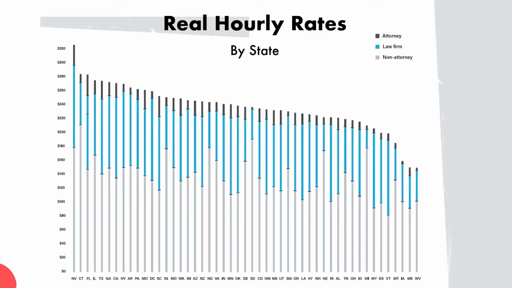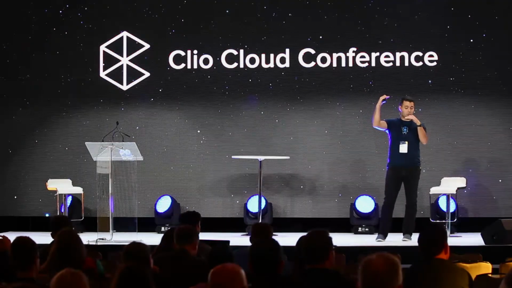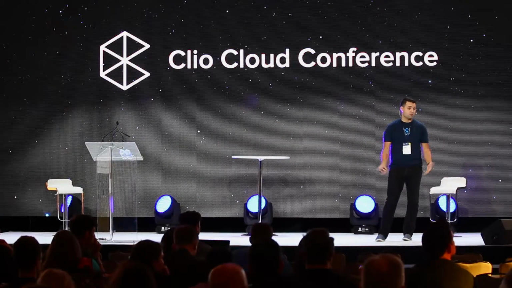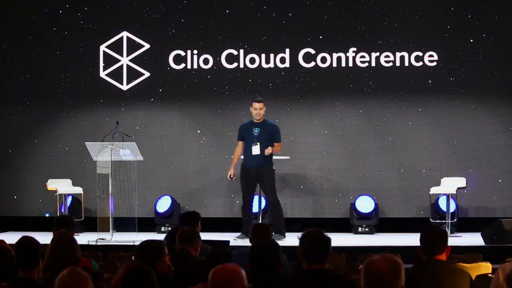For the second year in a row, Nevada came in as the best place, and this year it was by quite some margin, where cost of living versus our average hourly rates for lawyers have the biggest gap. So it's a cheap place to live in relative terms, and high prices for legal services, which is interesting. I guess a lot of out-of-state people might need legal advice. I wouldn't know about that for reasons unknown in Nevada, and they're willing to pay top dollar to get them, but cost of living stays low. And again, I'll invite everyone to go to the report to look at the full graph instead of walking through it line by line.